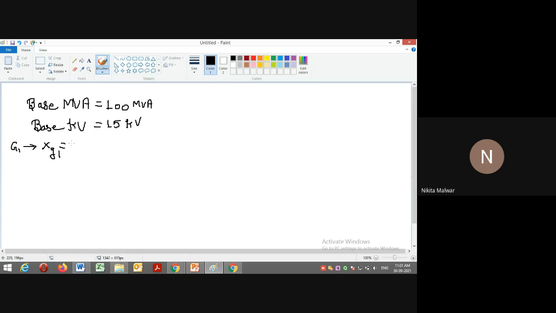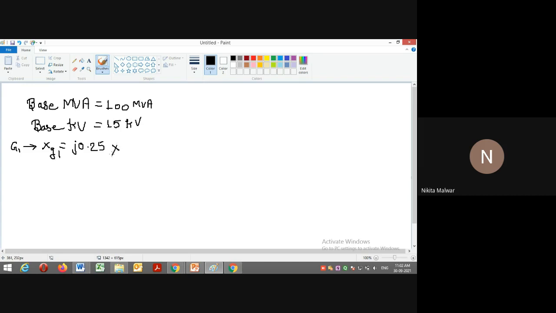It is 25%. Am I right or not? So it will be written as j0.25, because the reactance value is given in percentage, that is 25%. Now we have to consider it by putting the decimal. Then we put into the formula j0.25